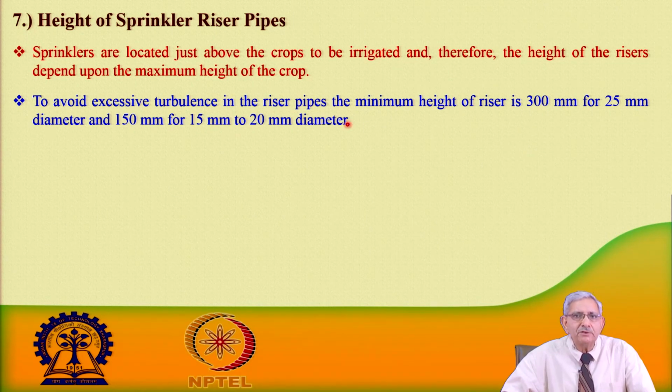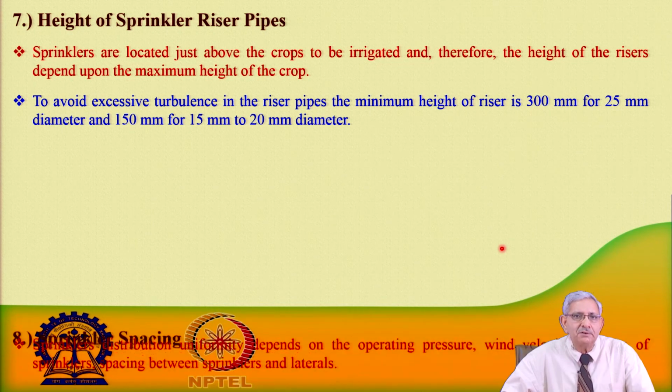To avoid excessive turbulence in the riser pipe, the minimum length is normally 30 centimeter or even 1 meter, of 25 millimeter diameter. So, 30 centimeter for the smaller crops, but for crops like sugar cane it should be larger. But normally the riser pipeline on the sprinkler is of 1 meter